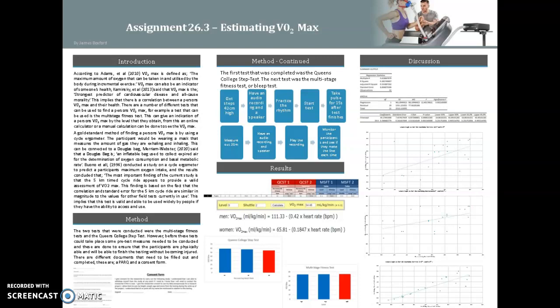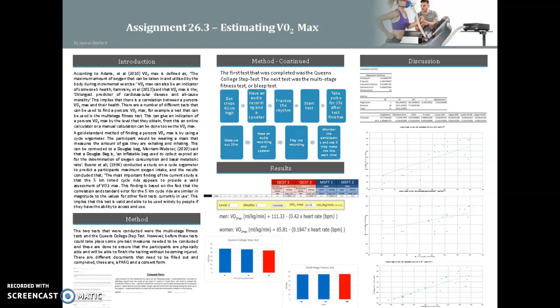So what the Douglas bag does is it effectively measures all the oxygen that is inhaled, and all the carbon dioxide that is breathed out. So it's breathed in and breathed out, and from that you're able to identify a person's VO2 max from the amount of gas that is left in. However, this is called gas analysis. This is a very expensive method as it is only available in a few research facilities nationally. However, they are available in the majority of universities, but most people are unable to use them as they are not students.